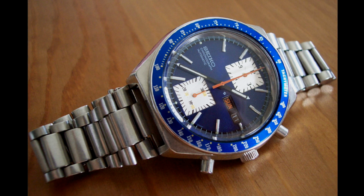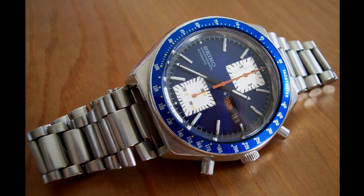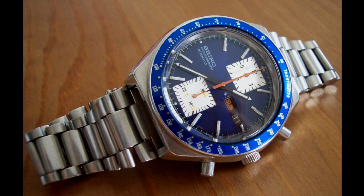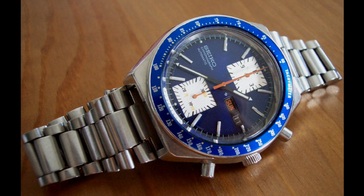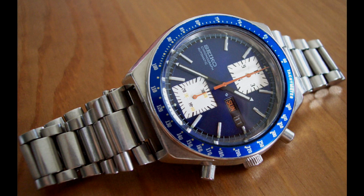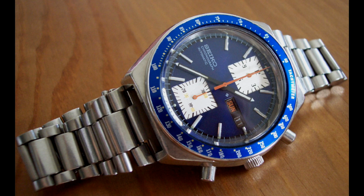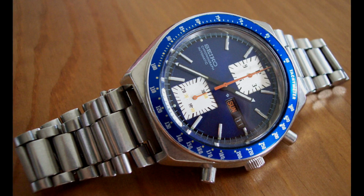Now, the case dimensions of this watch make it more suited to people with larger wrists, and notably this watch is effectively 43 by 44 millimeters, depending on how one measures the case. So 43 millimeters in diameter, and then 44 from lug to lug. So it's a large watch that's quite top heavy. Whereas it has quite a short lug to lug distance, which means that a narrow wrist technically should be able to take it, the heft of this watch would make it difficult to wear for someone with a